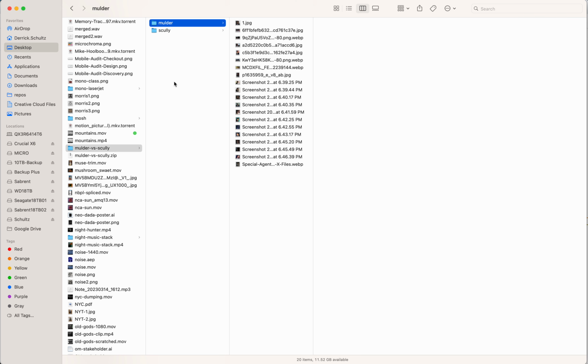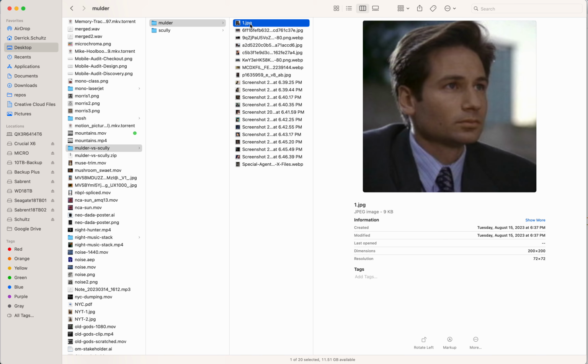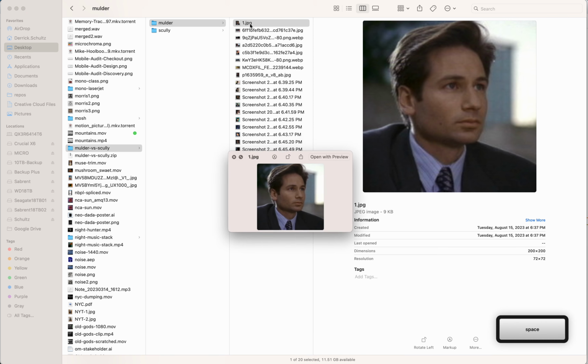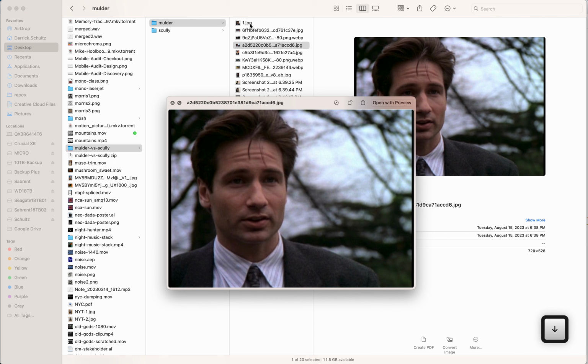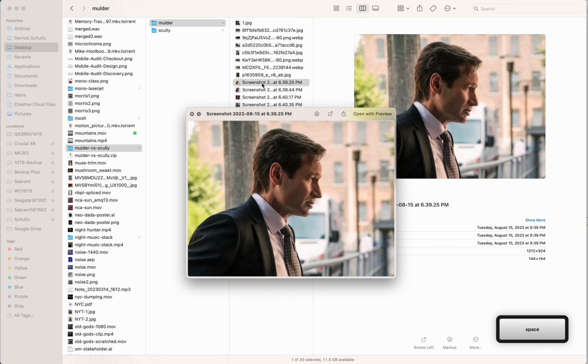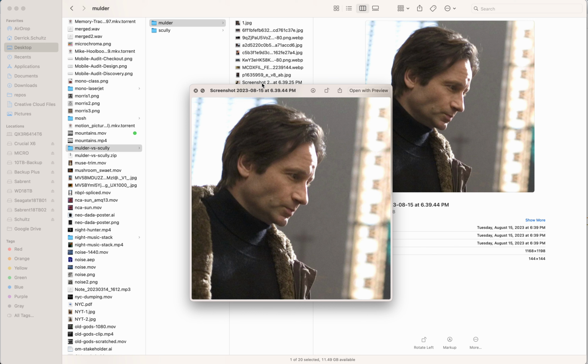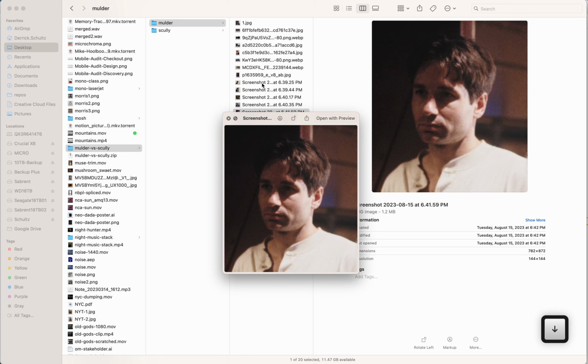Next, we need to make a folder for each one of these and put images in that folder. Now, the number of images is kind of up to you. I would say at minimum, you want 20 images per folder. So I need 20 images of Mulder, 20 images of Scully. And honestly, all I did is I went on to Google search and I just Googled Fox Mulder X-Files, and I just honestly either downloaded images or in a lot of cases I just took screenshots. You can see these are just screenshots. So there were likely images that were quite large where it was both Fox Mulder and Scully, and all I did was do a little screenshot of Mulder